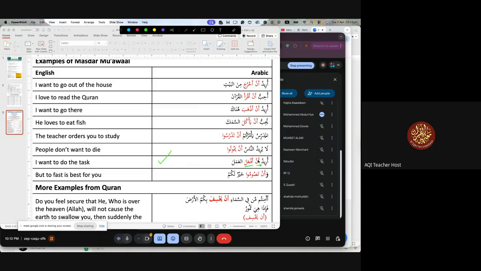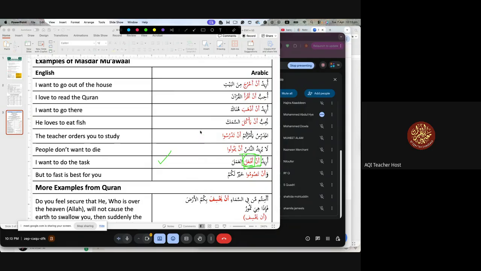We'll call it an particle joining a Mudari verb, because it is not playing the role of Masdar here. Together, it is playing Masdar Muawwal. It's important to understand. That's why I said in the beginning, what's the difference between Masdar and Masdar Muawwal? As soon as this Mudari joins the particle, the name is now Masdar Muawwal. When Masdar is on its own, a single word, the meaning is the same, to do or doing. Now, on the grammar side, Brother Dennis, an af'ala, try to recollect how we have got af'ala here.